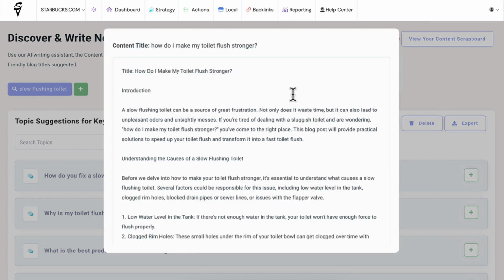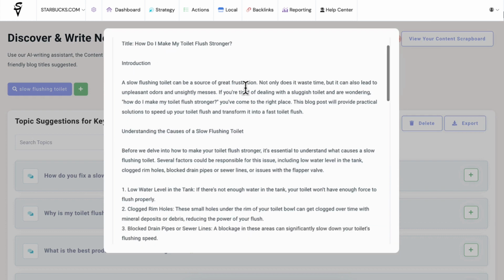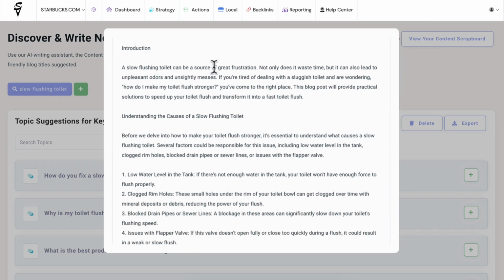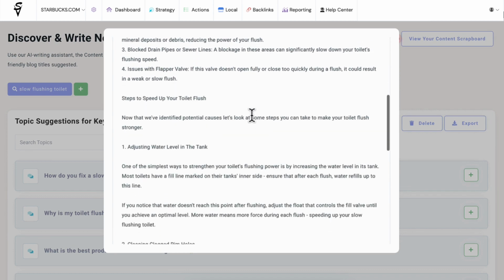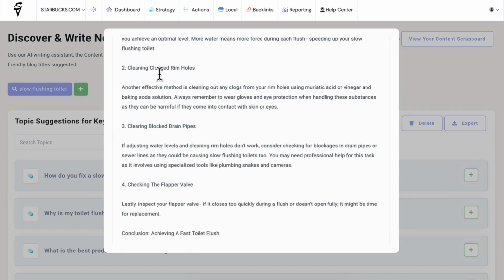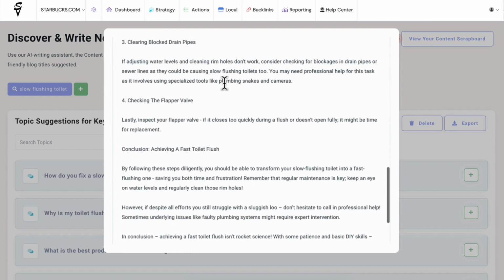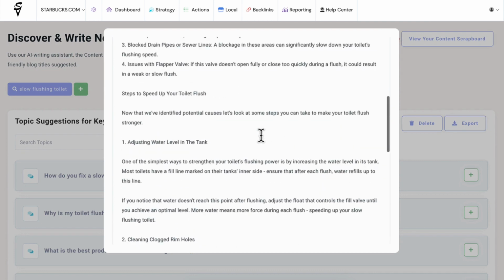Now that it's run, we can have a look at the blog post. So we've got the title at the top and we've got an introduction. Slow flushing toilet can be a source of great frustration. Not only does it waste time, it can also lead to unpleasant odors and unsightly messes. Absolutely. So if we scroll down, we can see the length of the blog post. It's a really nice, well-written blog post with clean structures, different headings, introduction, and a conclusion. What we can also see